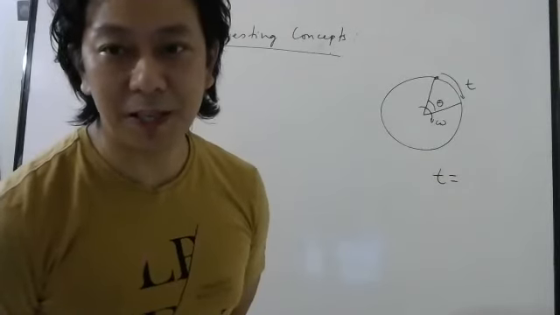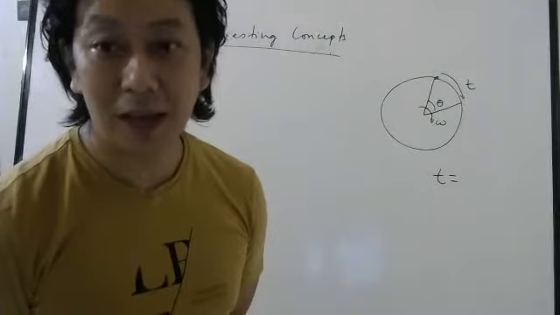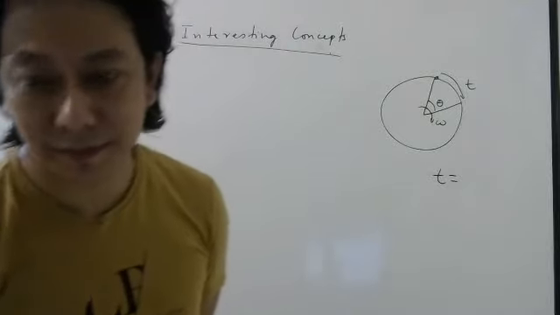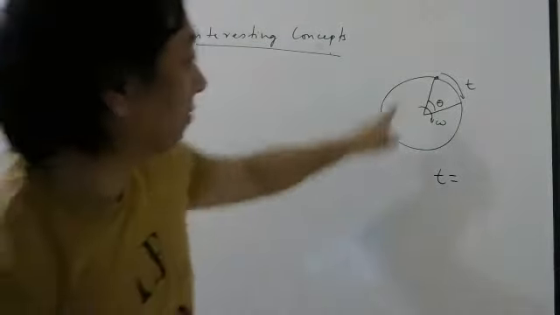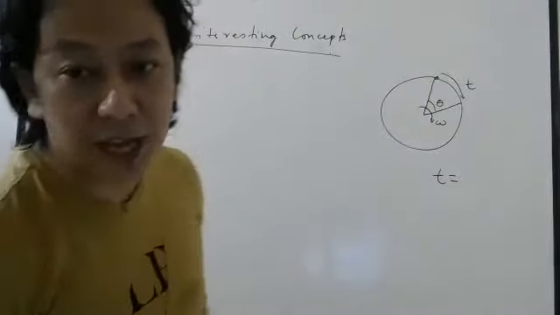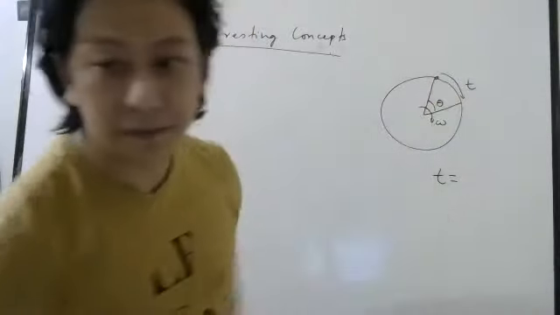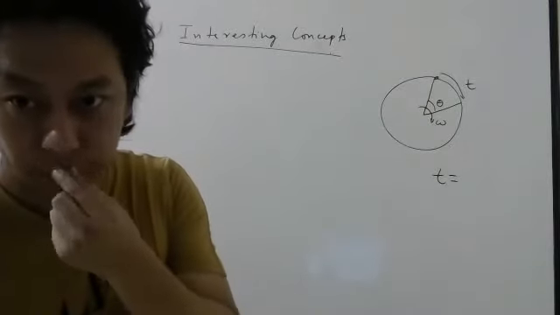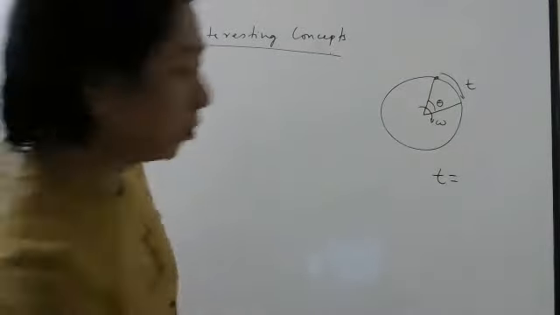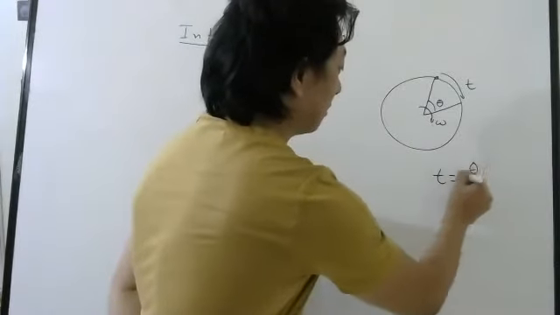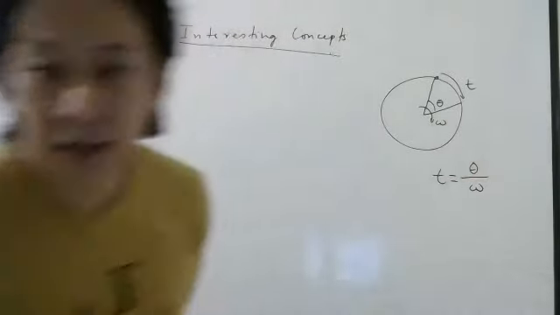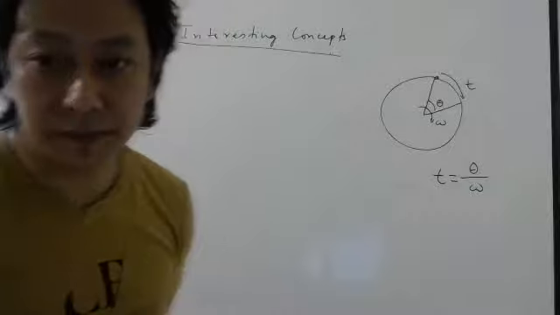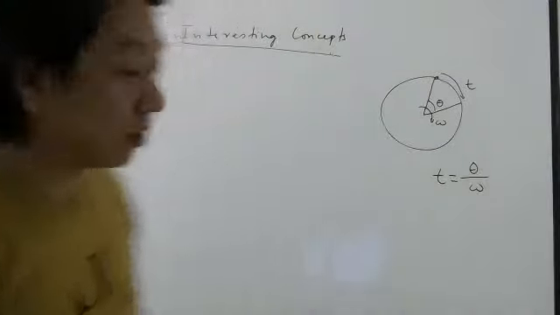Don't write distance by speed, because I have given you angular speed. If something goes in a circle, what will be the time taken from here to here? It will be the angle covered by the angular speed, right? Okay, so this you remember. Now look carefully.